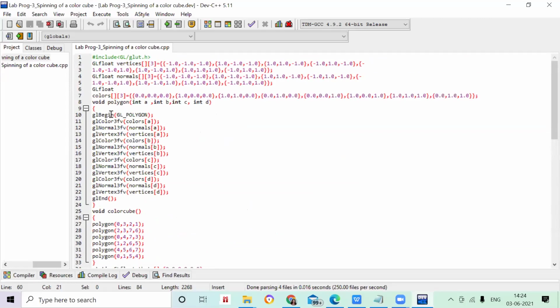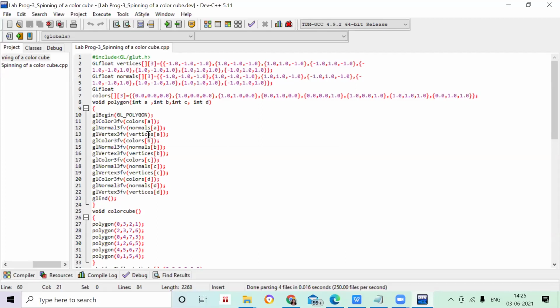Okay, so if I want to come over here to generate my polygon, so I want a b c d, suppose 4 vertex points. So I have to start with gl begin and I have to end with my gl end, and everywhere I have to give my vertex point. So here I have given vertex 3fv, vertices a, then b, then c, then d.